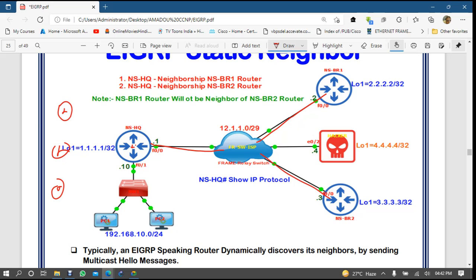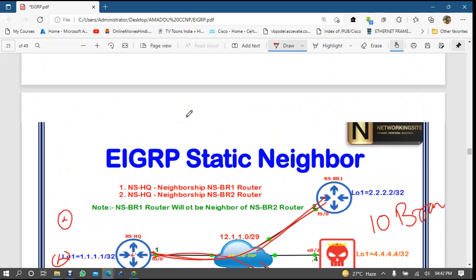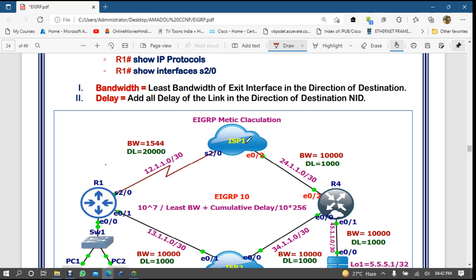Now, what is happening? Maybe you want to connect with your branch routers, right? And you have like 10 branches. So when you have 10 branches, how many IP addresses do you need to connect them? Normally, when we configure networks, if I want to connect 10 routers, we need 10 interfaces, right?